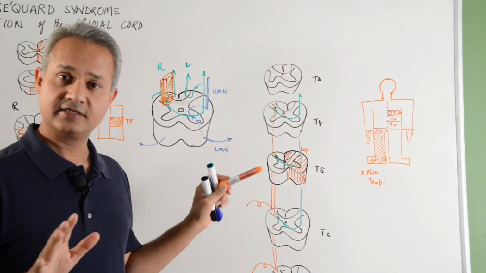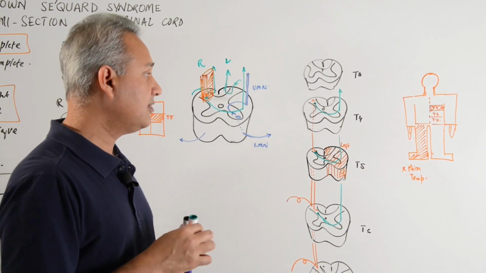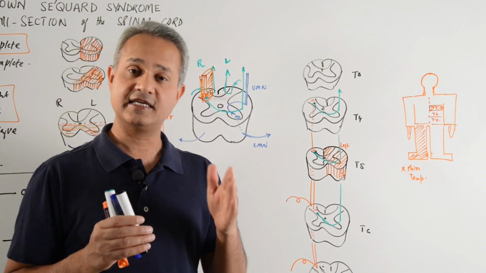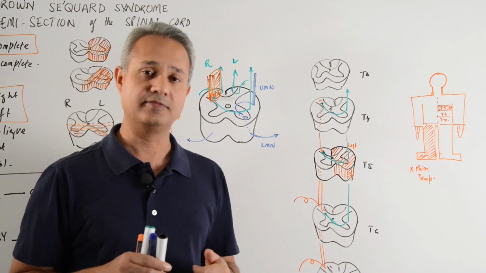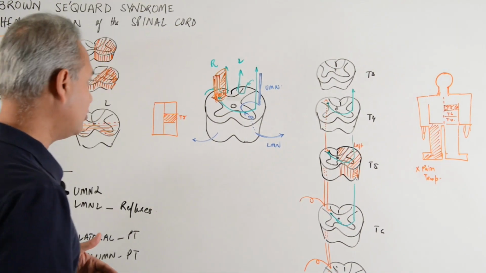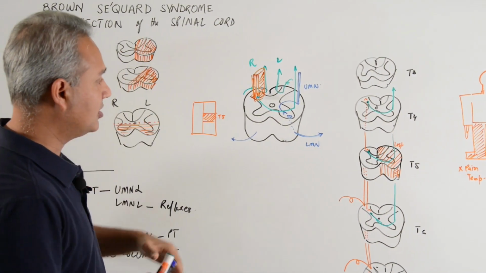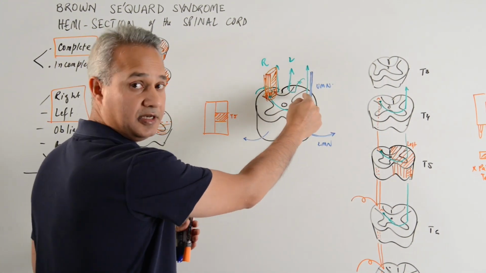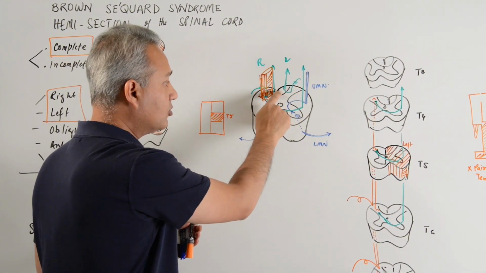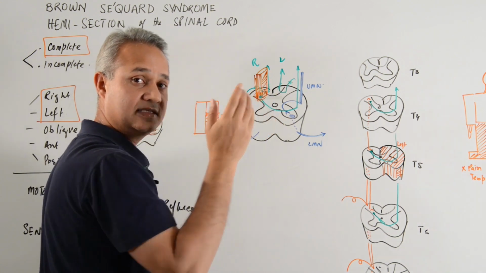Right? Make sense? I hope this is understandable. Now let's talk about the other sensory tract, proprioception, the dorsal column, which I've been slipping my tongue on the whole day today. Now how does the dorsal column work? It's very simple. The fibers come in on the dorsal side, they go to the dorsal column,